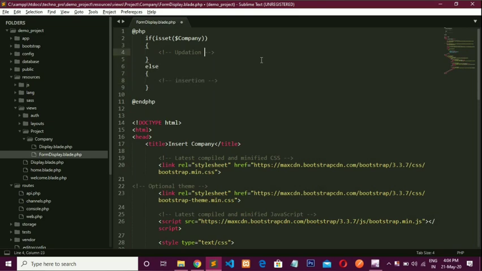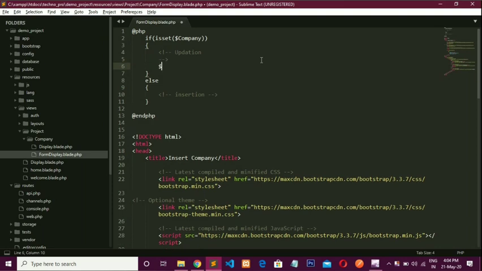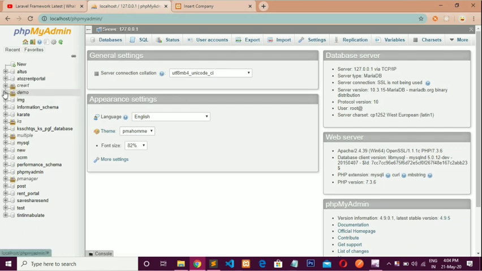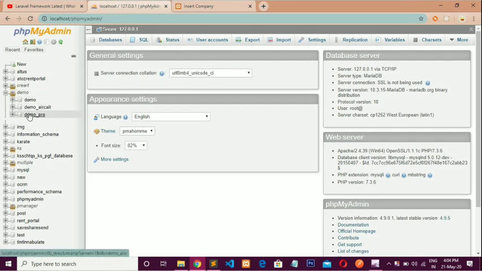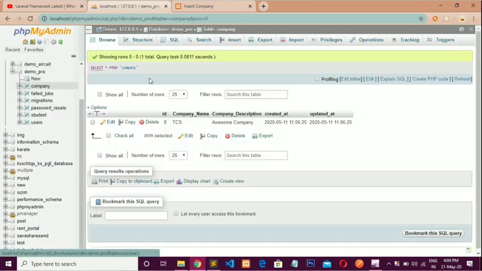Now take one variable, which is $company name equals $company, and go to phpMyAdmin and check the company table.